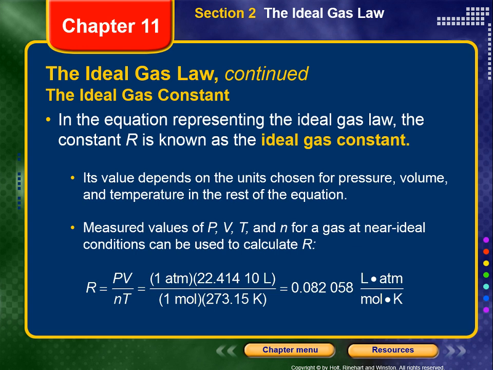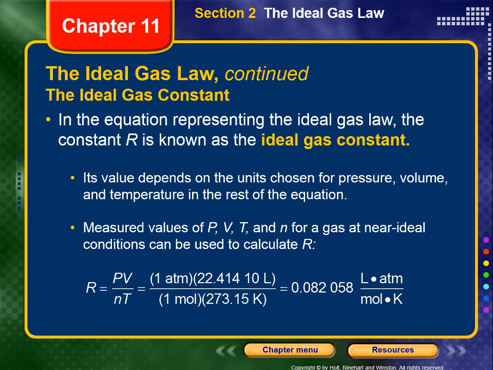At 1 atmosphere of pressure and at 0 degrees Celsius, which is 273.15 K, and we have 1 mole of that gas, right? Obviously, that gas is going to take up 22.4 liters, right? These are all ideal conditions, standard STP, ideal conditions. If we multiply all those numbers together, we get